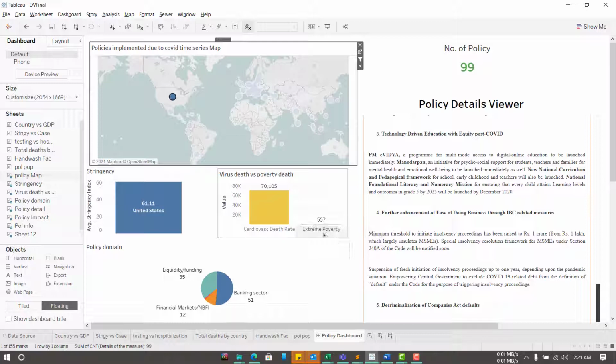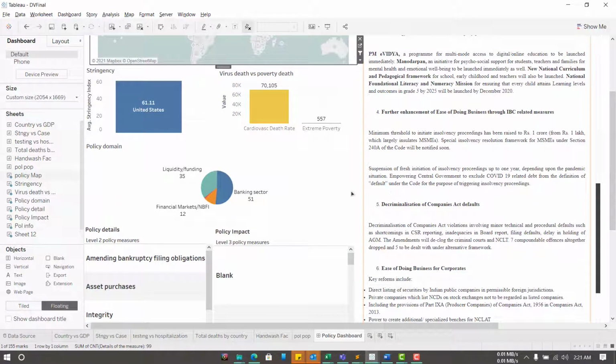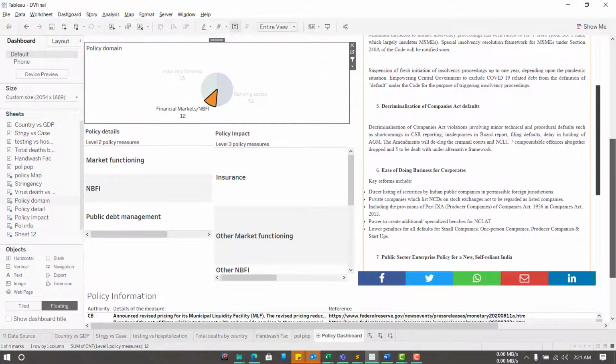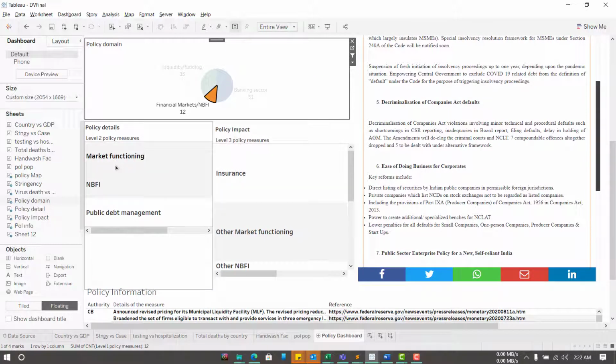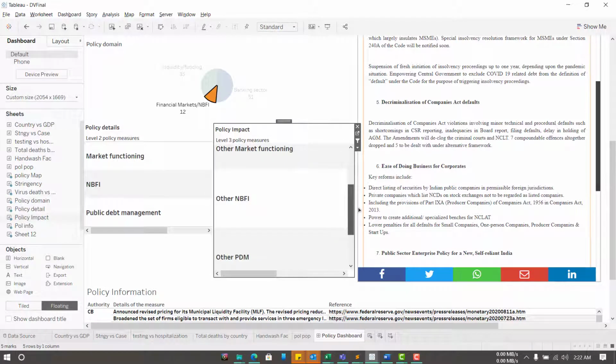case where the deaths due to extreme poverty is quite low as compared to the previous case that we had seen. And here down we can see what kind of policies USA has imposed. So we can see the liquidity funding, banking sector, financial markets, and again, insolvency. So, okay, let's again go to the financial markets, and drilling down on that, I can see three policy details. One is market functioning, NBFI, public debt management,